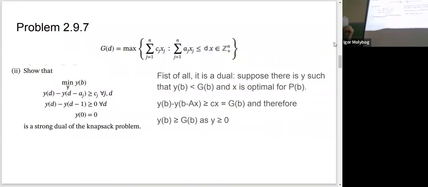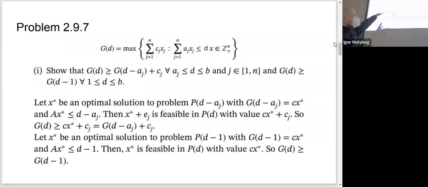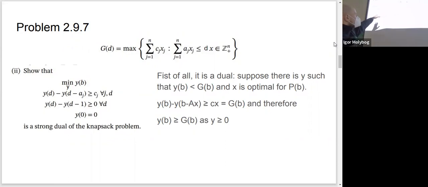So we are minimizing over all of vectors y. I just remind you that y is a vector of b variables, of b numbers. We are minimizing over all of the vectors y, with the first inequality being the exact same inequality as we had for g, and the second inequality being the exact same inequality that we have just proven for g. We just pushed the d minus aj and d minus 1 to the left hand side, and y of 0